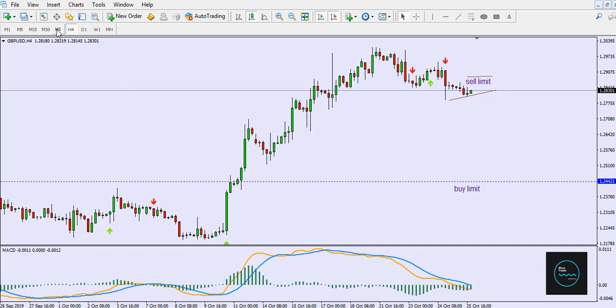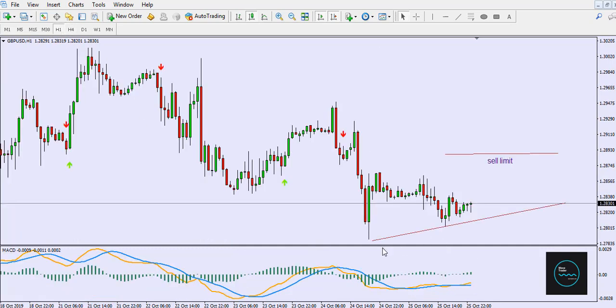broken, and I have to go lower for you to see it better. So maybe you have to wait for this trend line to be broken convincingly, then you can take a trade to the downside, or you can hope for a sell limit here by taking the retracement of this move from